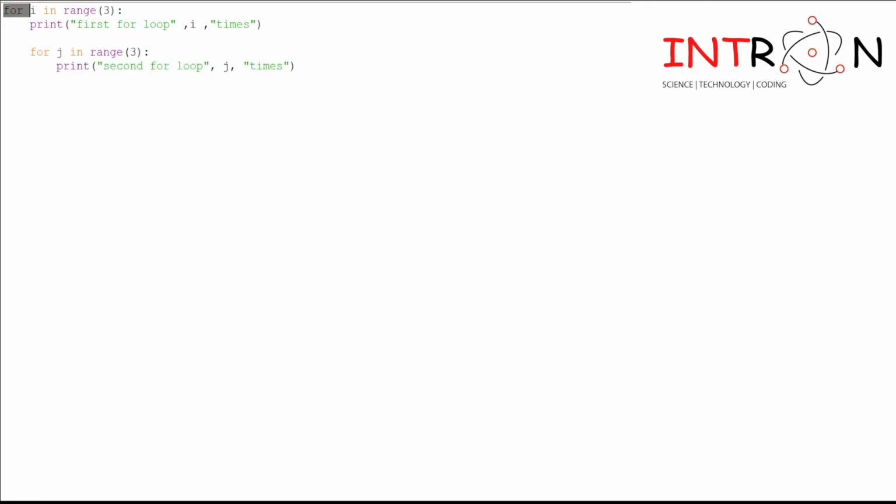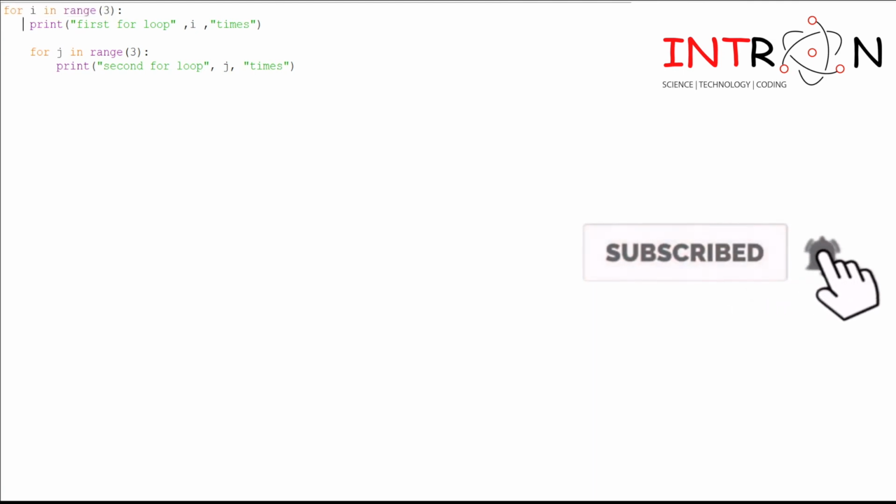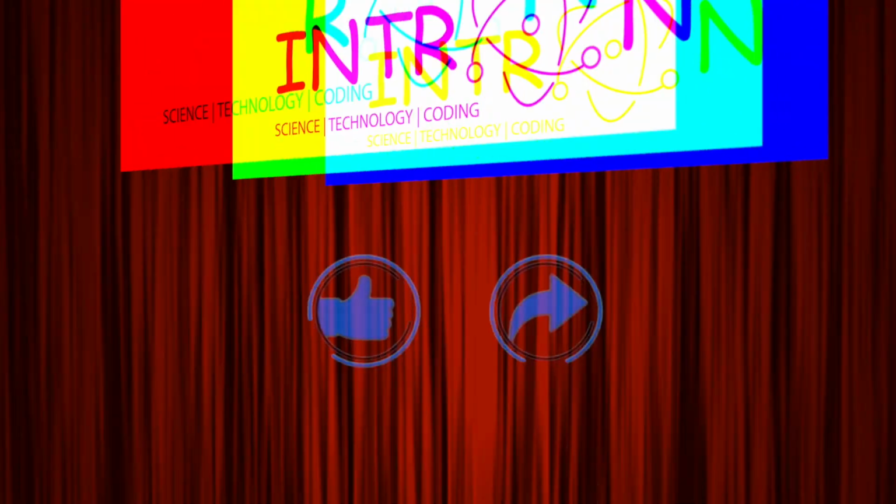Again the program goes to here. So now the value of i is incremented and i becomes 1. So again this for loop will be executed, and again the program comes here, and here the value is still 3. So again these 3 times will be executed. Now the value of i becomes 2 and the program goes to here. So for i in range of 3, this print statement will be executed 1 time, and again here the range is 3, so this will be executed 3 times, and now the value of i becomes 3. So as we said that here the value will be taken as